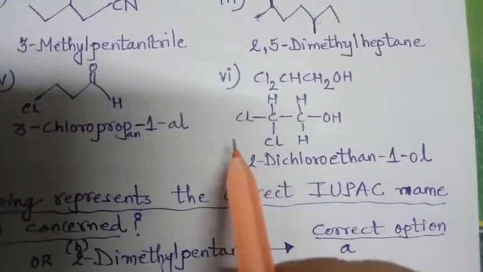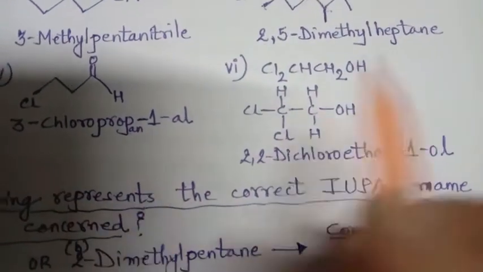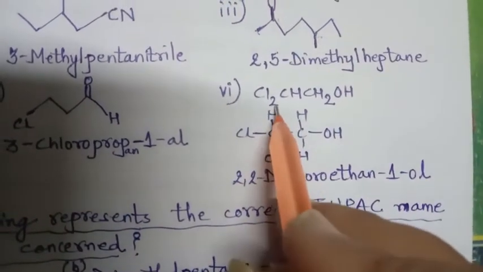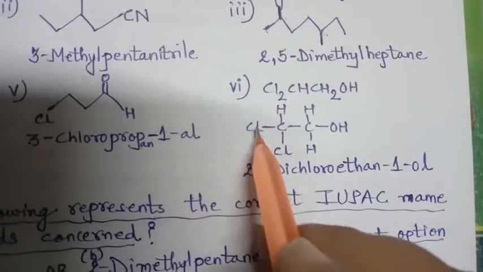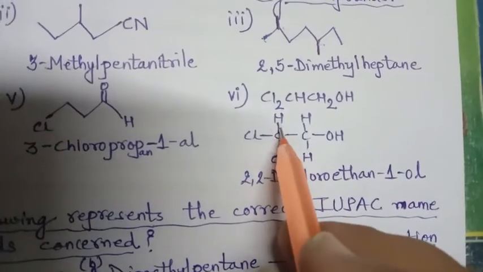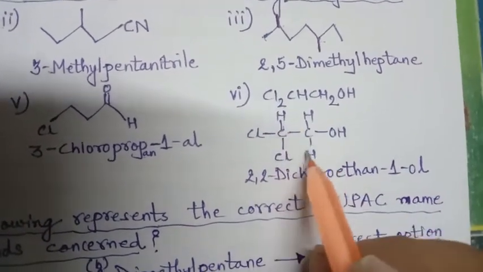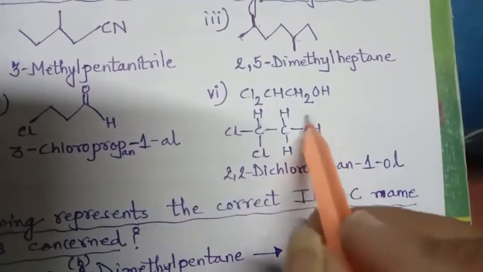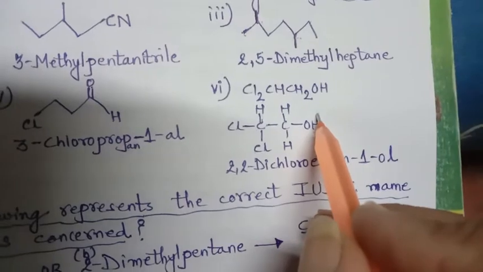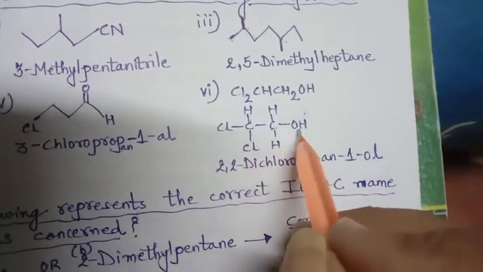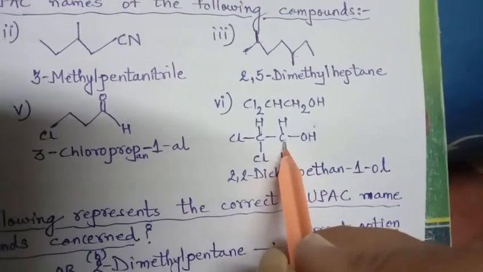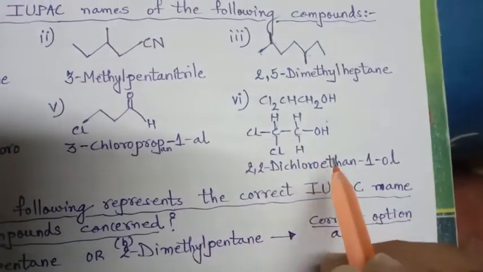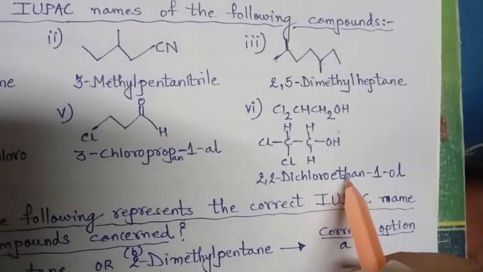So I have written here its structural formula, so that it will be easy for us. So see, CHCl2. So this Cl and this Cl are on this carbon. CH2OH. Now definitely chlorine and alcohol, two things are there. So alcohol will be given first preference. So the carbon where alcohol is attached is considered as the first carbon. So first and second carbon. Only 2 carbons, so ethane. Right? Parent name, root word.